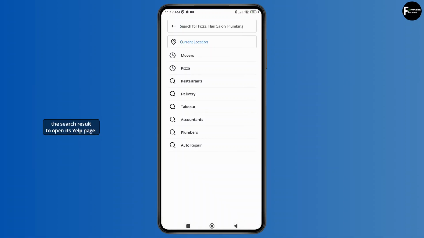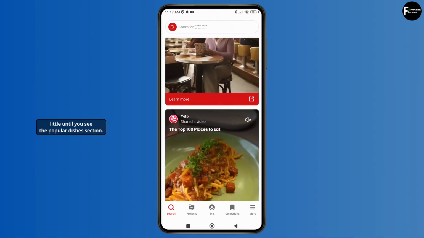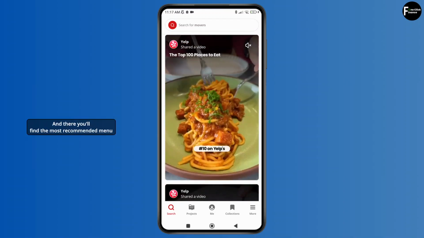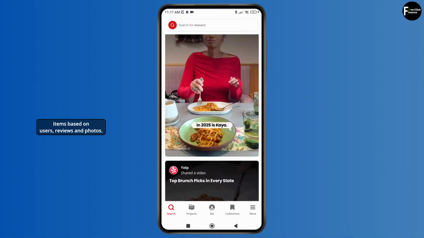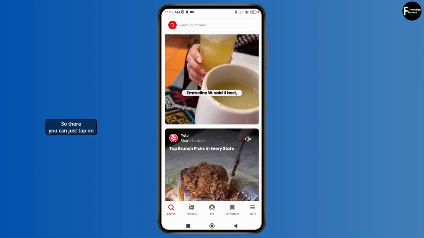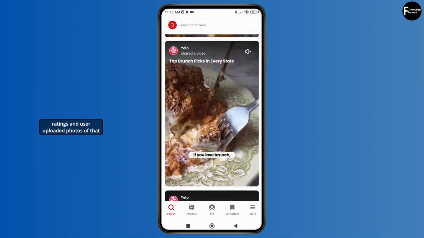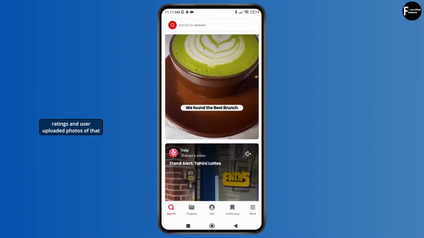open its Yelp page. And after that, you simply have to scroll down a little until you see the popular dishes section, and there you will find the most recommended menu items based on users' reviews and photos. So, there you can just tap on any dish to view detailed reviews, ratings, and user uploaded photos of that